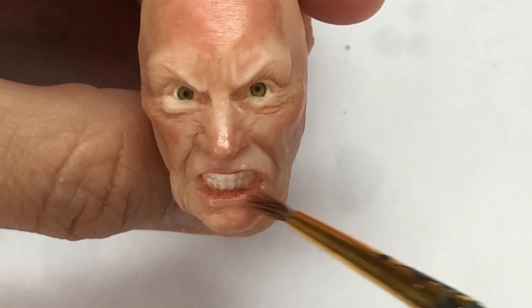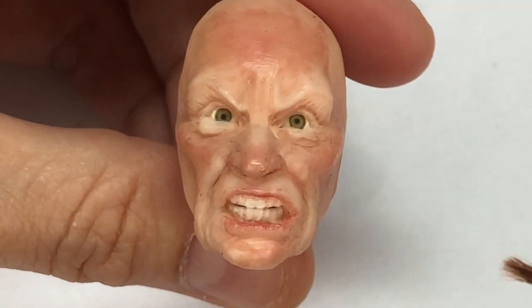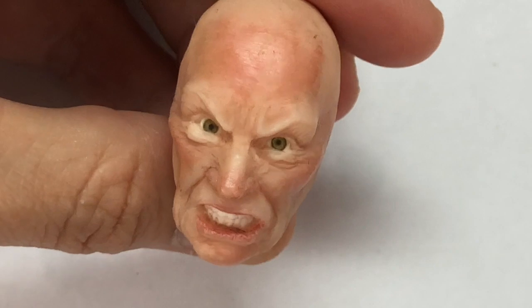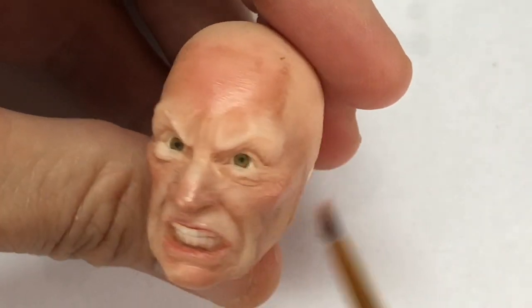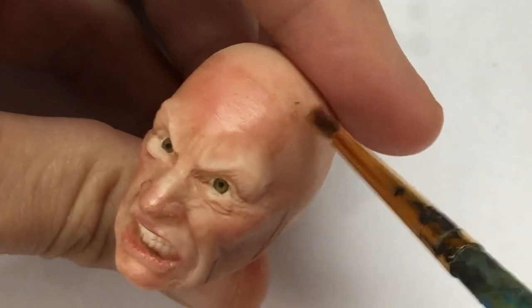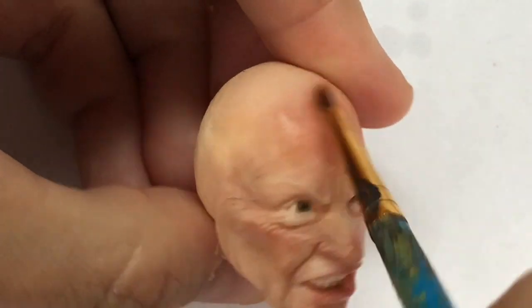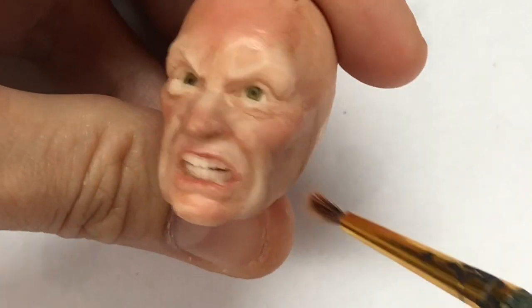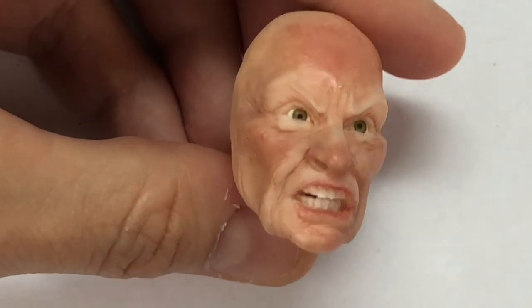And I'm going to spread the lips. So with that, I already have the highlights where I didn't add any paint. It got pretty bright and I like it. So I won't be adding any lighter color to the face because the plain clay is already working